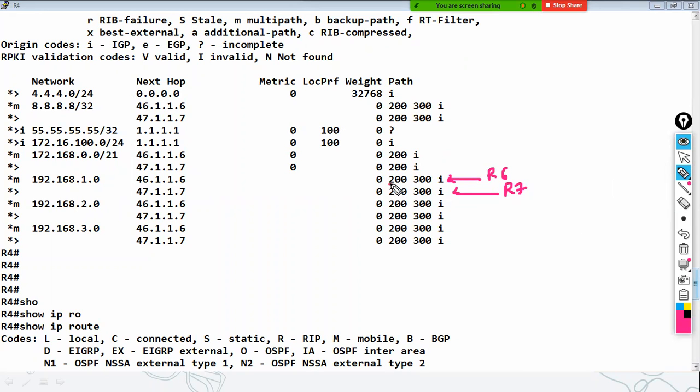You can see both the routes received were from the same AS number, right? You can see they are coming from the same autonomous system number. You can see the list is same, right? So they were coming from same autonomous system AS 200, right? But if you check